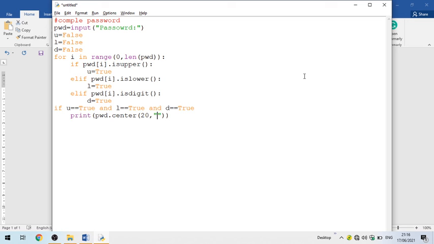So you can see what password you entered, and otherwise just put else.